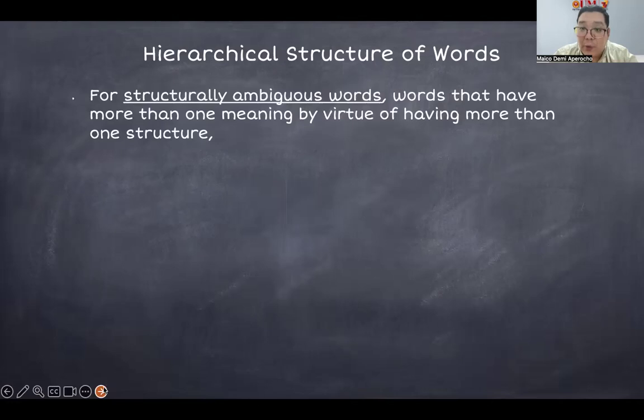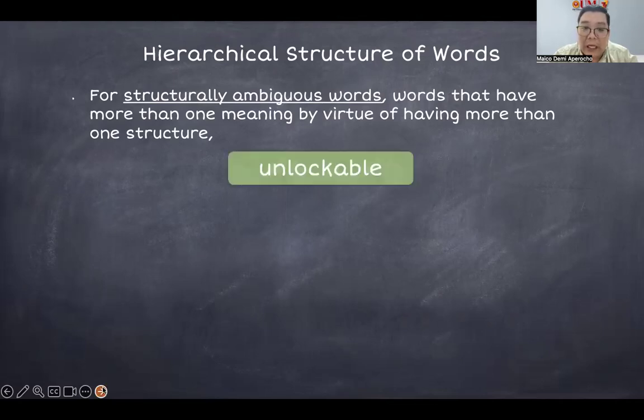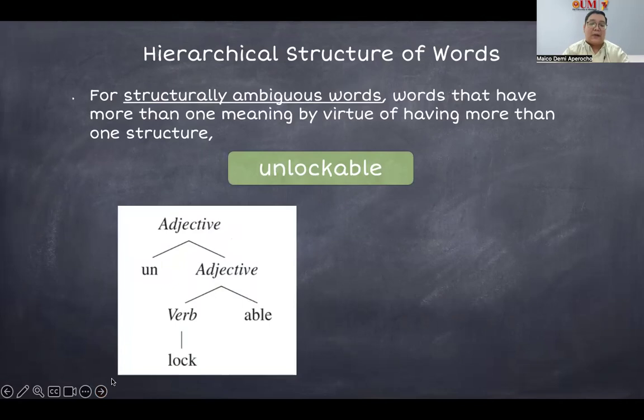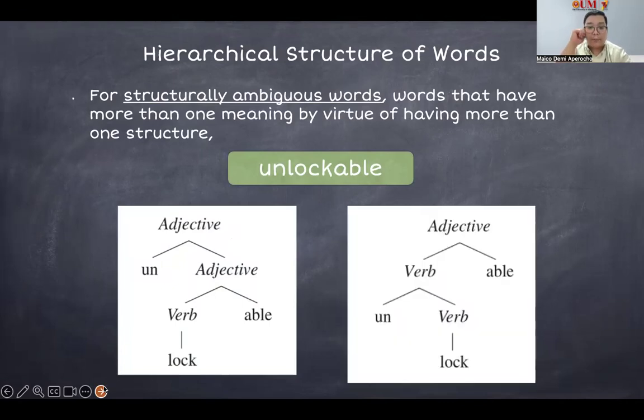Now, for structurally ambiguous words, words that have more than one meaning by virtue of having more than one structure, for example, the word unlockable. You have to be very careful with this one because it can get tricky. If you notice, we have here two versions of how we could parse our word. Regardless of the structure, we can say that unlockable is an adjective. So in the first example, we parse out the prefix un first, so we are left with the word lockable. And then from the word lockable, we parse out the suffix able, so we are left with the